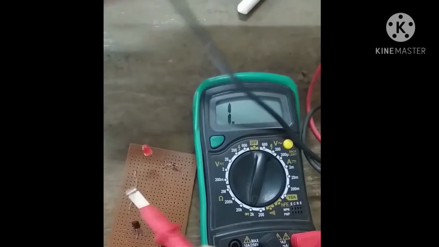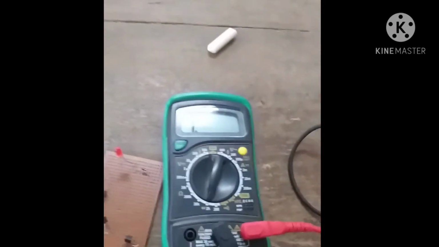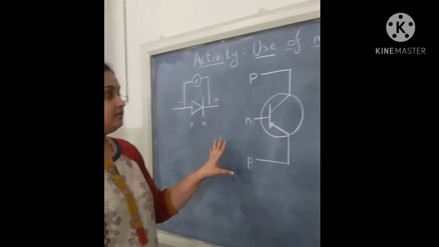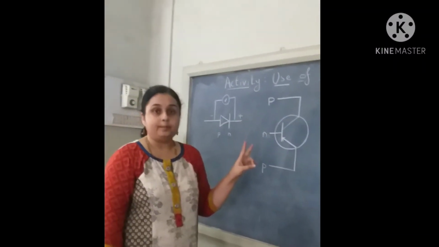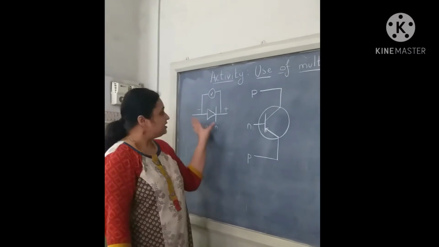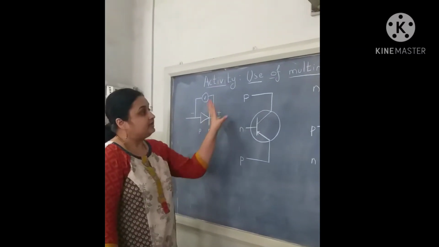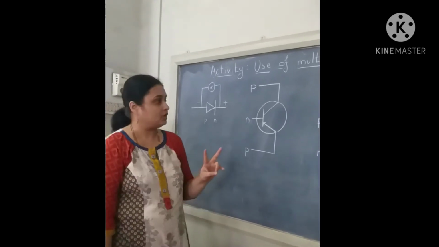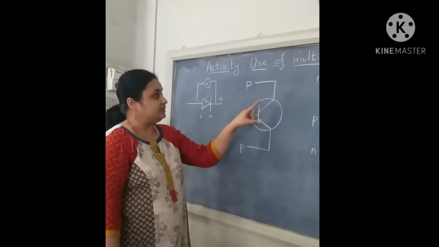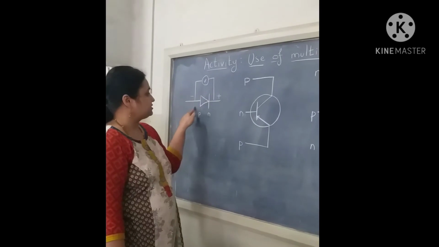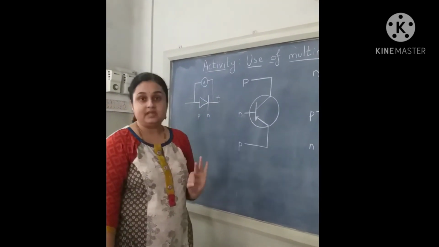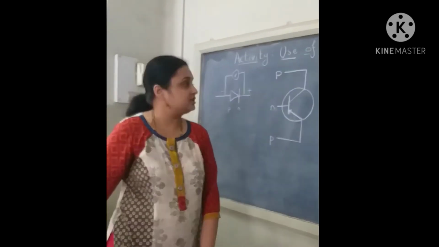Okay, now let's see transistors. See this diagram now. What is a transistor? Transistor is basically a combination of two diodes. Here we just had one diode. In transistor we have two diodes which are placed back to back. Okay, so this diode had just two junctions, one P and one N. A transistor will have three junctions.